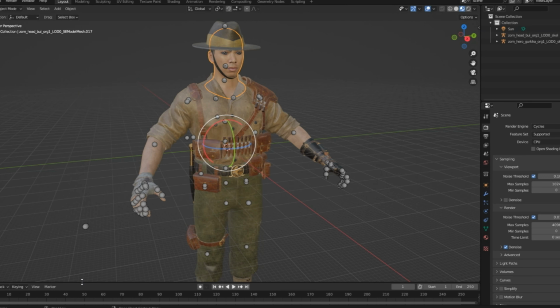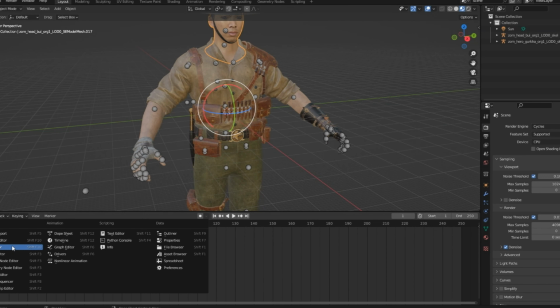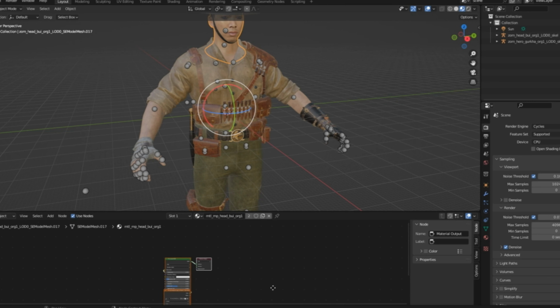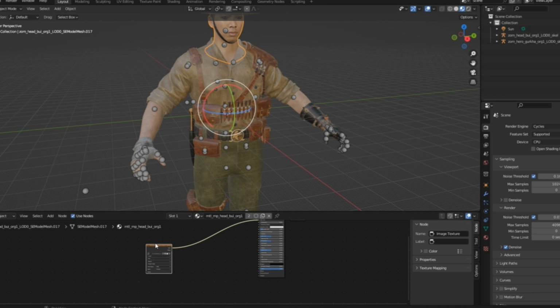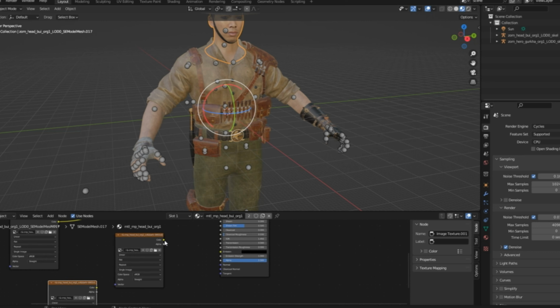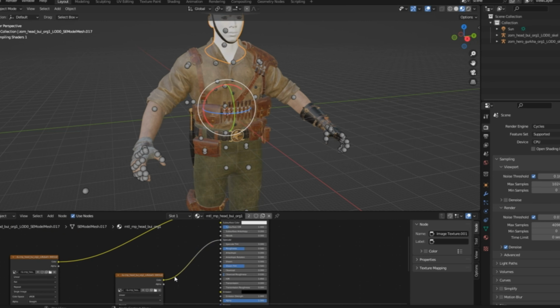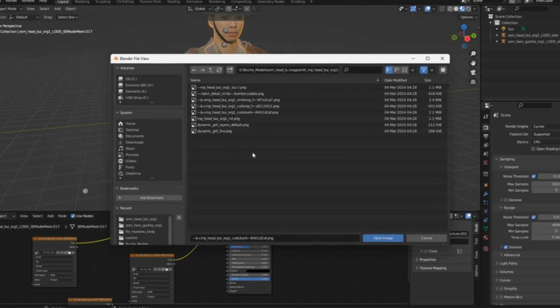Now, let's start with his head. Go into the bottom, pull that window up, and put it into Shader, the shader editor. Now you're gonna take the shader, copy and paste it. There we go. There are multiple materials, but the two we are really concerned with are specular, not alpha, specular